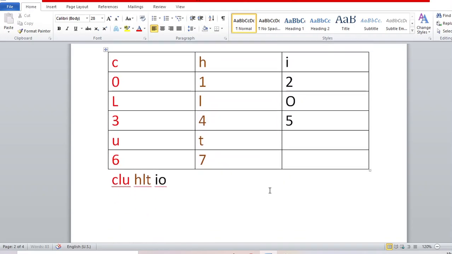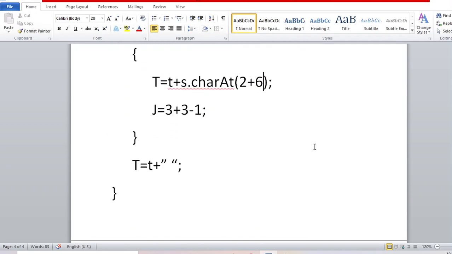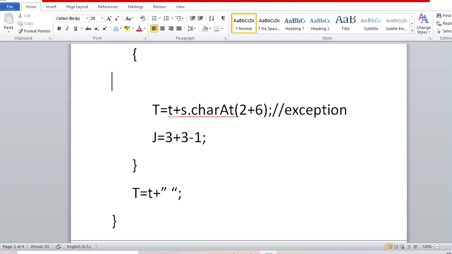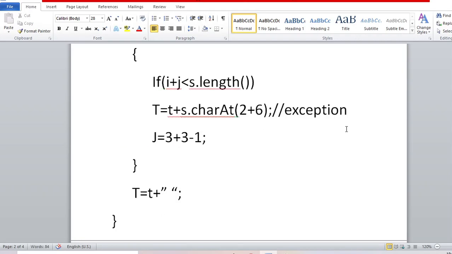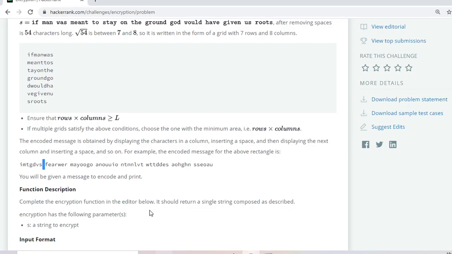And there is no character at the 8 index position. So it will give me an error, an array index out of bound exception. So to avoid this exception, I need to make an if statement: if i plus j is less than s dot length. Okay. Now I am doing it here.